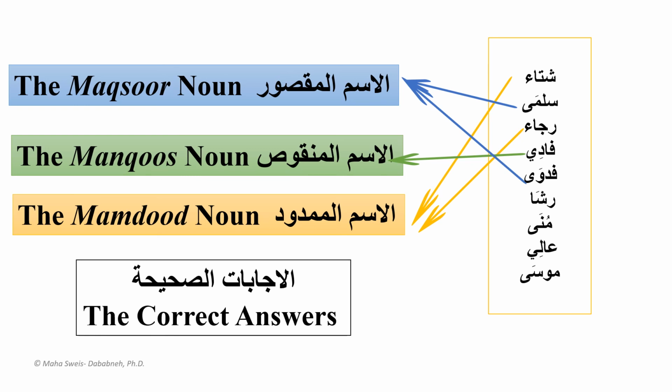Anytime you see ألف or broken ألف preceded by فتحة, it's مقصور all the time. منى, again broken ألف preceded by فتحة, مقصور. عالي, now we have يا preceded by كسرة, منقوص. موسى, broken ألف preceded by فتحة, مقصور. So you have to keep practicing. Remember the rules and then everything follows up after that.